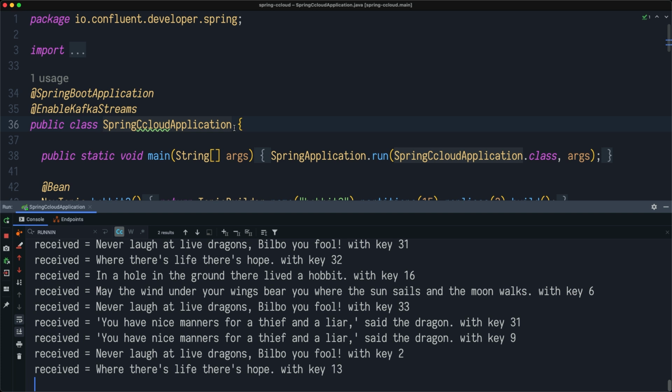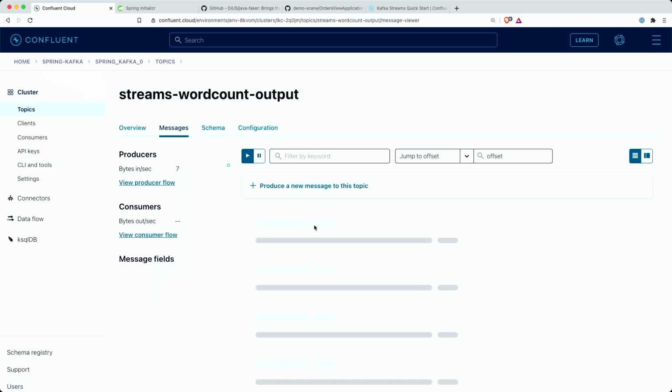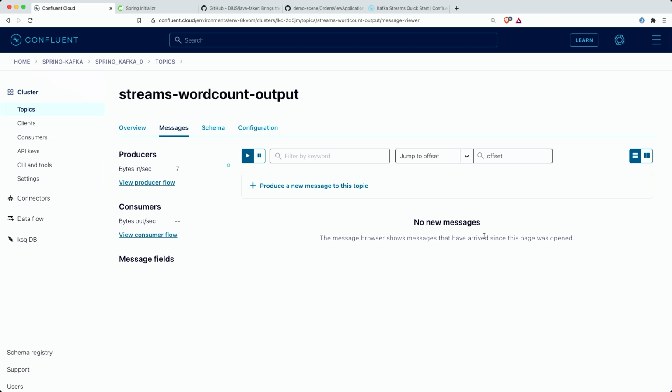Now when I switch from my application code into my Confluent Cloud UI, I should be able to see all these topics that were created, and there's a topic called word count output that we created programmatically. We also can see that some of the data is actually arriving to this topic. So let's take a look. What do we have here? In the messages UI, we will be able to see the counts. In this case, we're going to be using the key as our string, as our word, and our count would be our value. That's what we supposedly should be able to see in a few seconds.